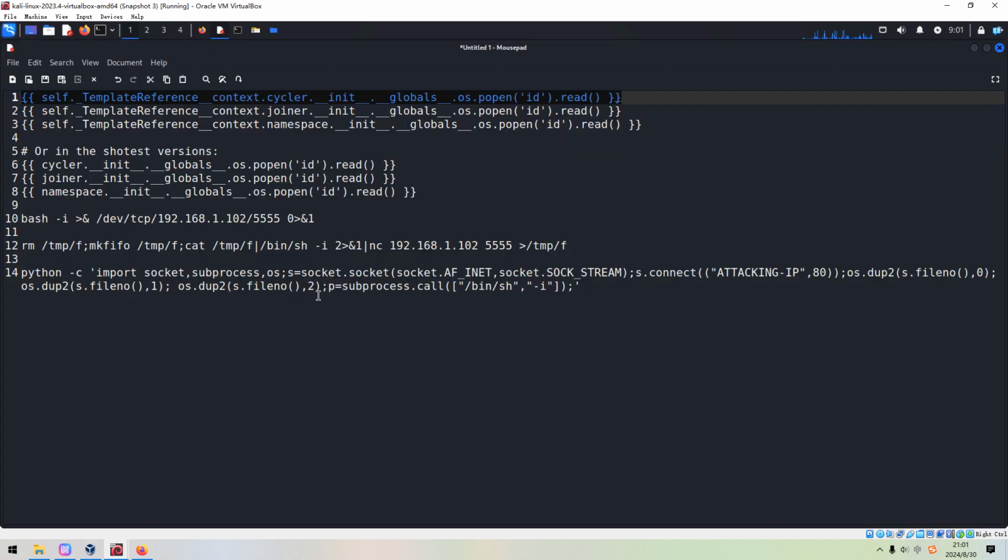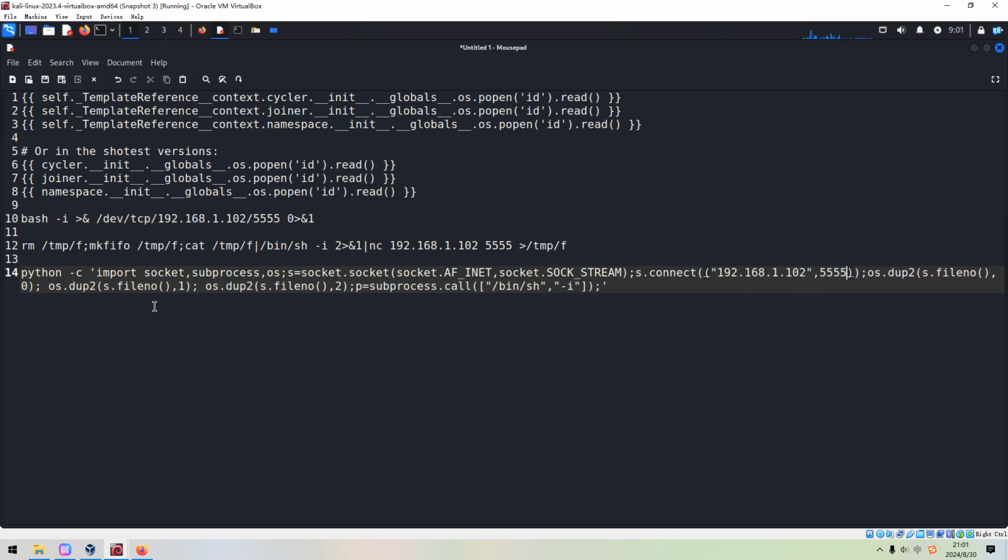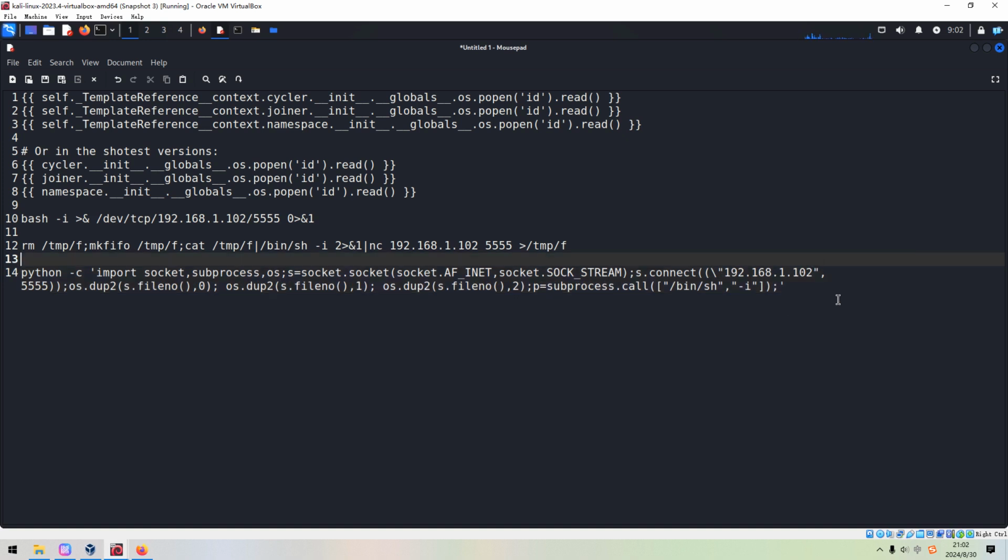So next, I think we can use the Python reverse command, and we can copy the IP address of the Kali Linux and also the port number. Because there are some single quotes and also double quotes, I think we need to escape the double quotes, also this one and around here.